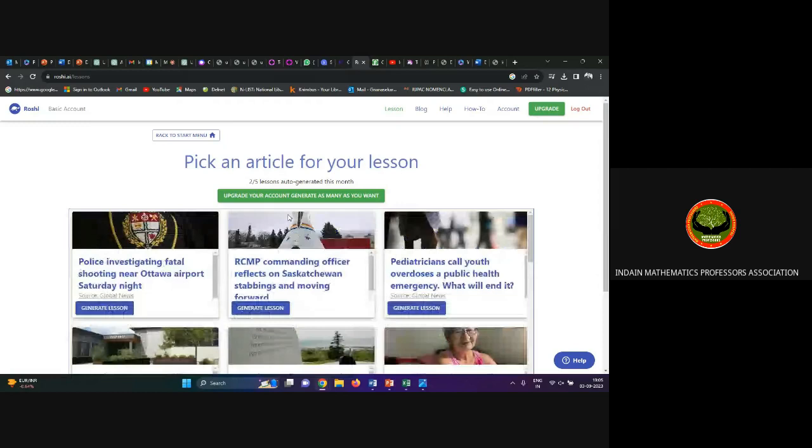So already we have many areas. We need to search over here. So these are all the articles available in this forum. Okay, so you can choose any article and we can generate. Okay, so the next one is